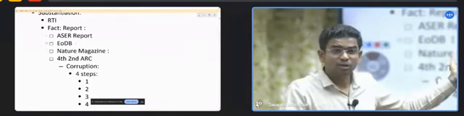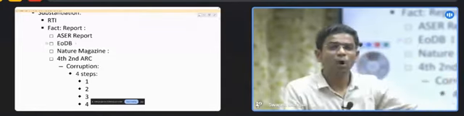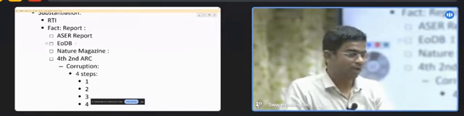Try to substantiate wherever it is possible. Give various acts like the Right to Information. Use various reports like the ASER report, which is about the level and quality of education. Then Ease of Doing Business, which is about how business can be done in a better way. Now this has been discontinued.